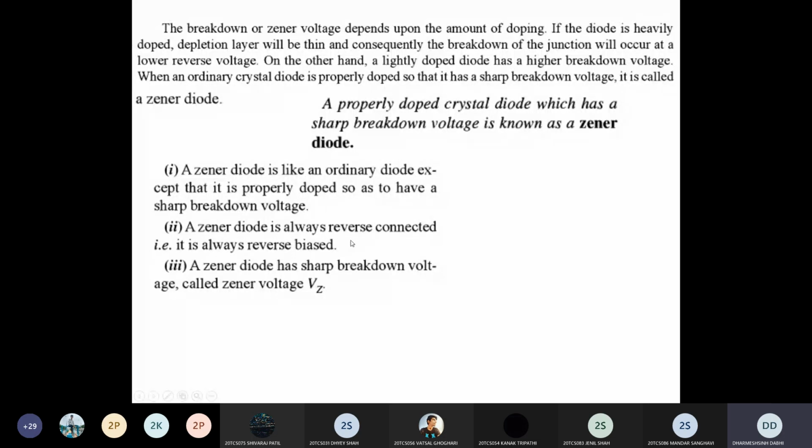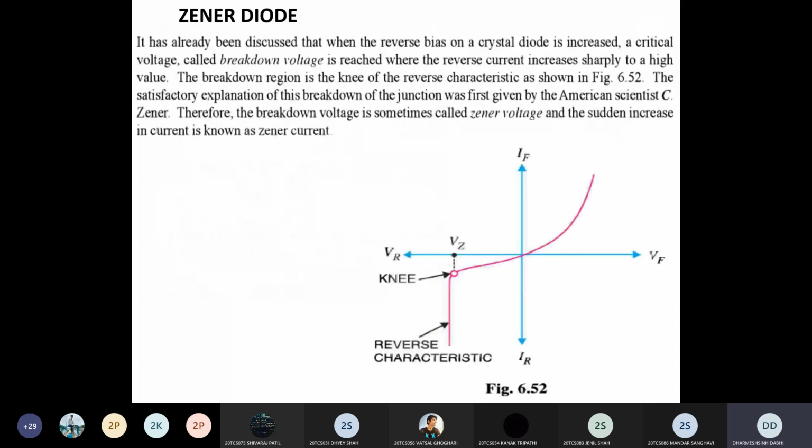Second, the Zener diode is always reverse connected, always reverse biased. Normally, as you can see, we operate the normal diode in the forward bias mode for any particular application, as we see in the half wave and full wave rectifiers. But exactly opposite, the Zener diode is always operated in the reverse bias mode. As we saw in the practical also, we connect the Zener diode in reverse bias: positive is connected to the cathode and negative supply is connected to the anode. Because we use the Zener diode as a voltage regulator. Clear? So it means that it provides a constant voltage.